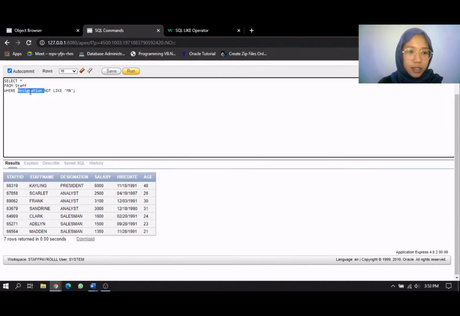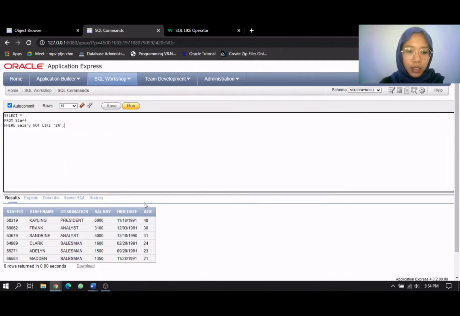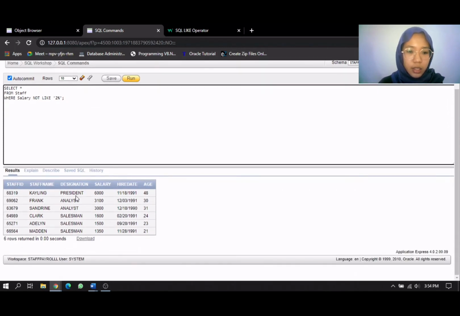Salary lah. Salary not like, okay, yang tak start daripada nama. Okay, ni contoh dia. Select all table. Select all, maknanya dia akan show all column from table staff, where salary, di mana kolom salary yang tak dimulakan, yang mana salary dia tak start daripada nombor 2. Okay, kita run. Okay, you can see here salary dia ni 6,000, 3,100, tak ada pun yang start daripada